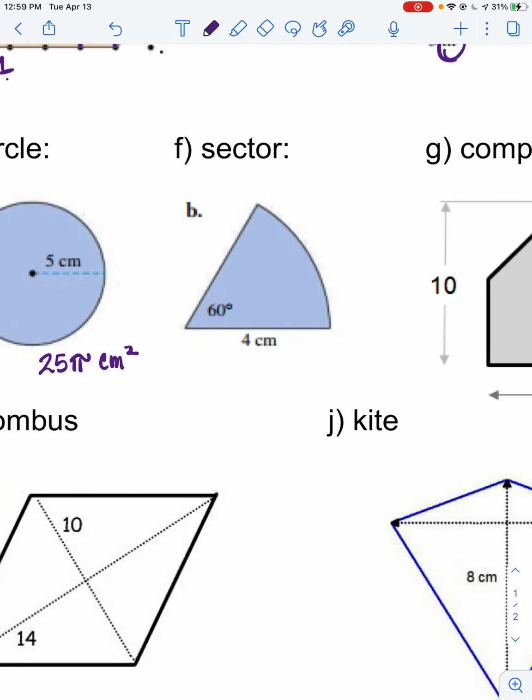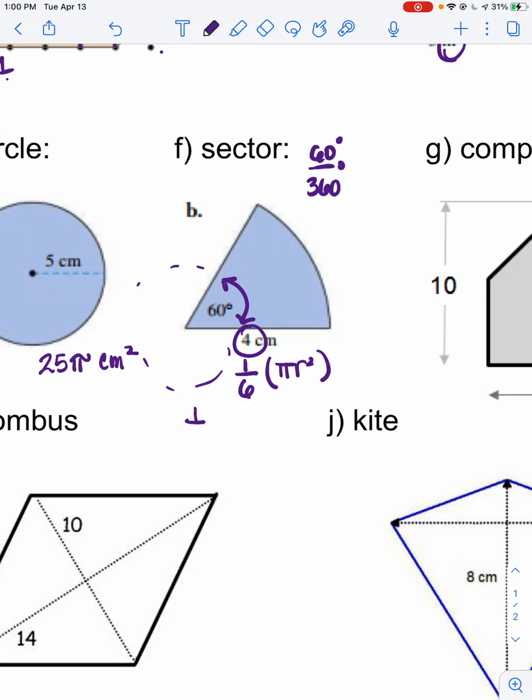What about a sector? Well, this is just part of the entire circle. How much of the circle? 60 divided by 360. How do I know that? Well, the sector angle here is 60 degrees. The whole circle is 360 degrees. So the fraction of the circle that's represented is 60 over 360, or 1/6. 1/6 of what? Pi r squared. Here my radius is 4, so this will become 1/6 times pi times 16. Now you can simplify that 16 and 6 by 2, and that's where I came up with my 8/3 pi